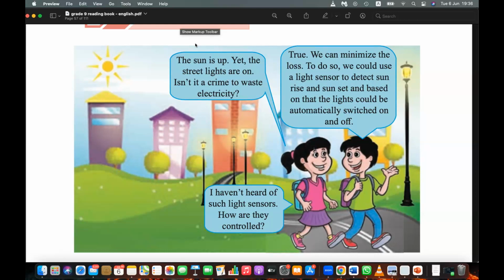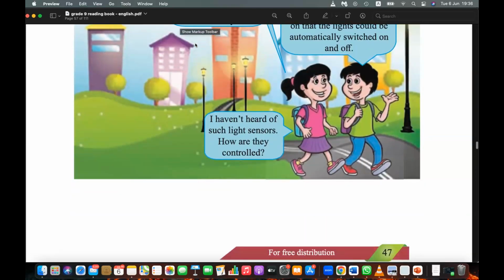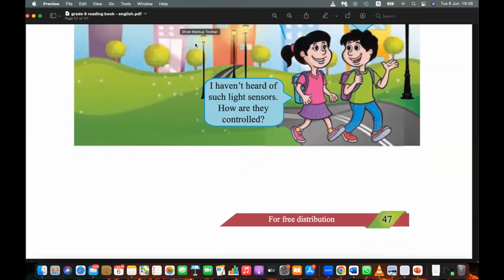Okay, so what are sensors? Sensors are like how we sense the environment. We can see, we can feel, we can hear, we can smell, we can taste.